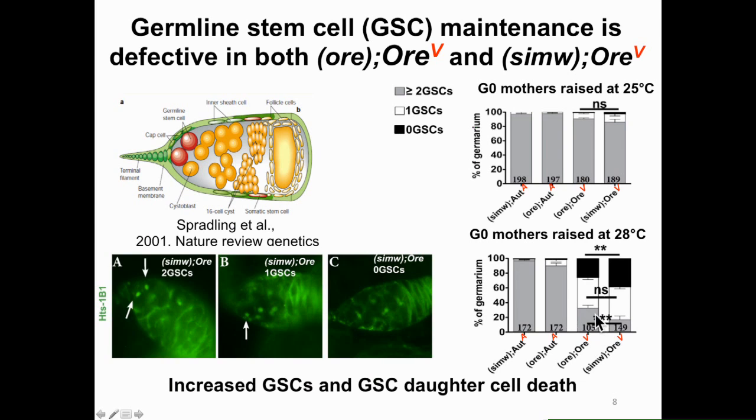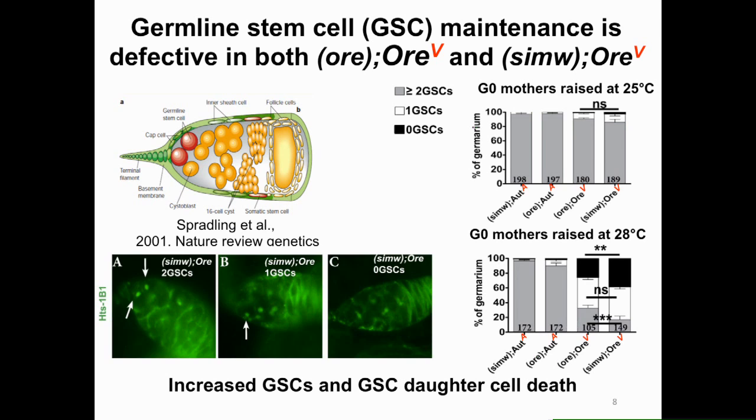And using cell death markers, I have also found that there's a very high frequency of germline stem cell deaths and stem cell daughter deaths. So previously, it's been shown that if you challenge the germline stem cells with irradiation stress, germline stem cells are actually resistant to apoptosis. My results suggest that germline stem cells are actually competent for apoptosis if you challenge them